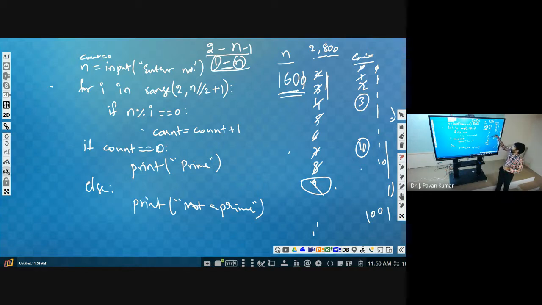Let us consider 1601. I hope it is a prime number. Okay, 1601 is a prime number. I'm not sure, but let us assume it is a prime number, then we have to repeat from 2 to 800. We will keep on doing that.